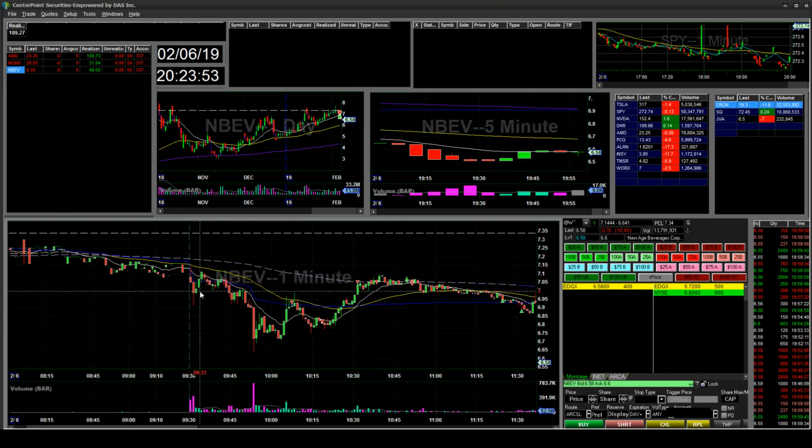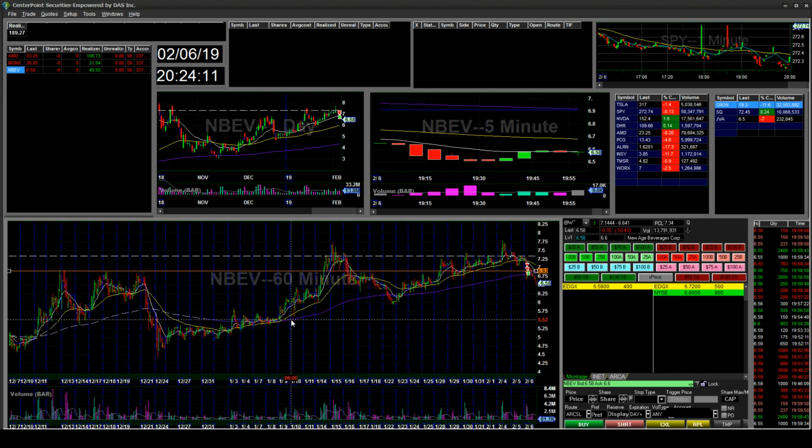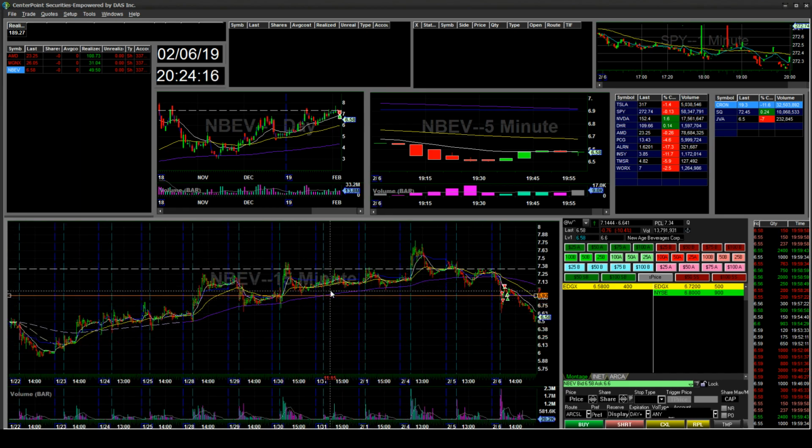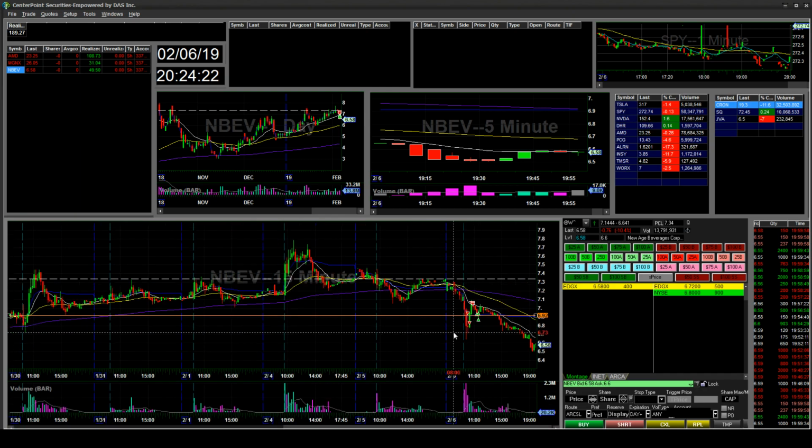It was gapping down a little bit from the day, so I saw this crack and then bounce up, and I was anticipating this level to hold as resistance, so I went ahead and shorted here. It's pretty small, and as you can see on the 15-minute chart, this level was a pretty key level here. So I went ahead and shorted that, but it ended up